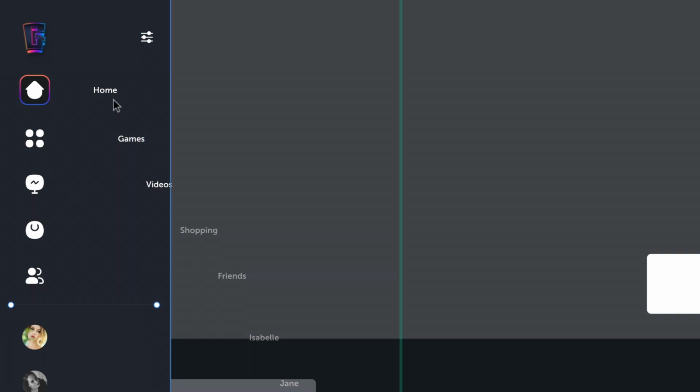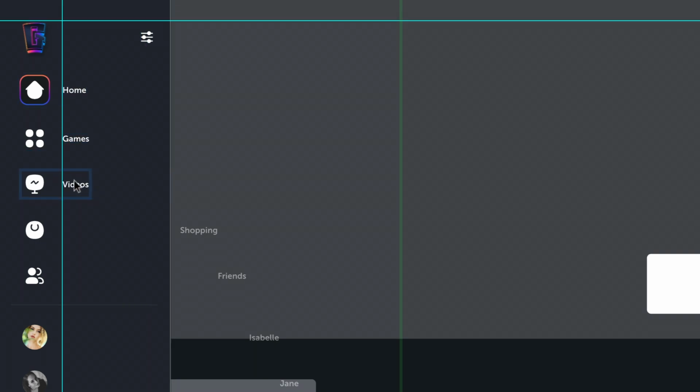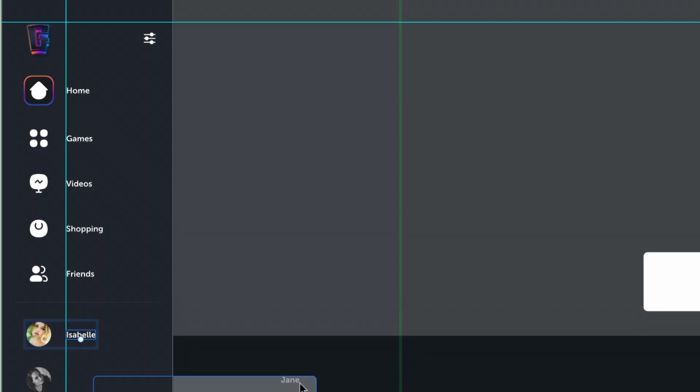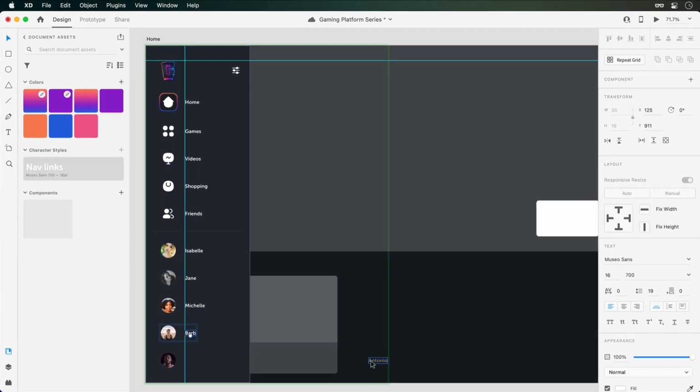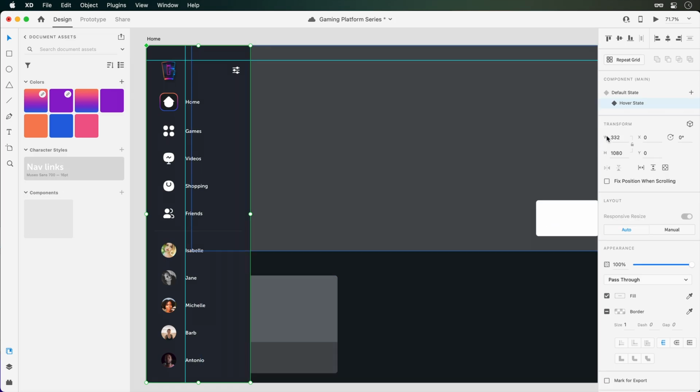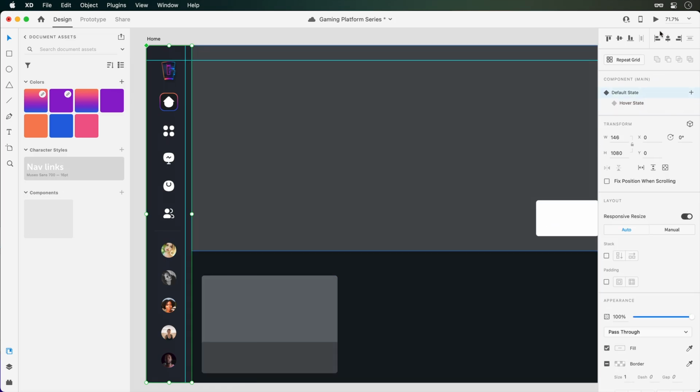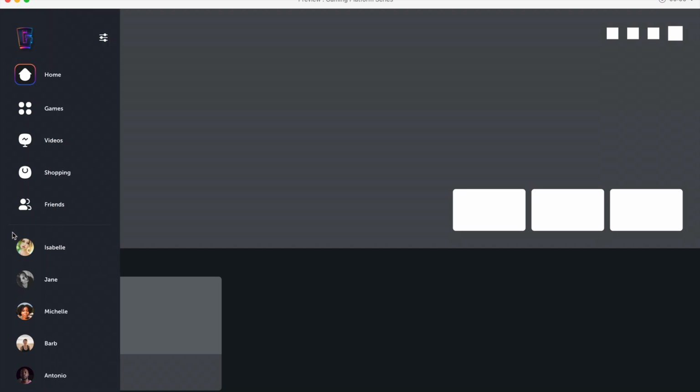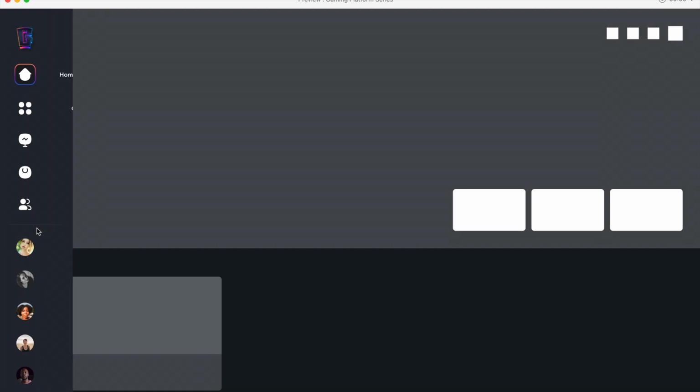Next, we can go through and shift our text layers back over to the left. And if you've gone ahead and set up a guide, snapping them in place will be a breeze. Wonderful. Our hover state is now complete, and all there is left to do is switch back over to the default state and launch the preview, where I can now hover over the navigation to expand it and then move off to collapse. And that's how you can build out a navigation bar in Adobe XD with a collapsed and expanded state.